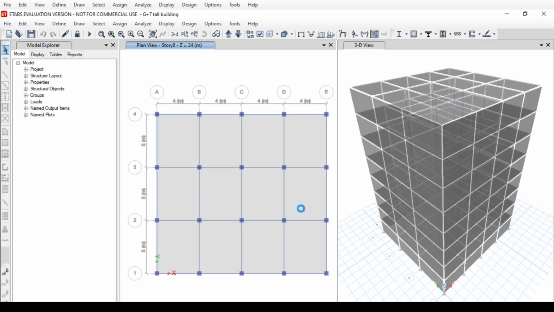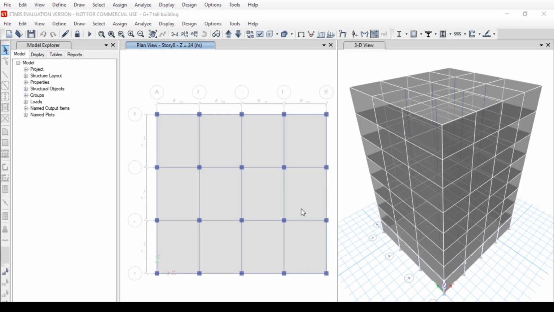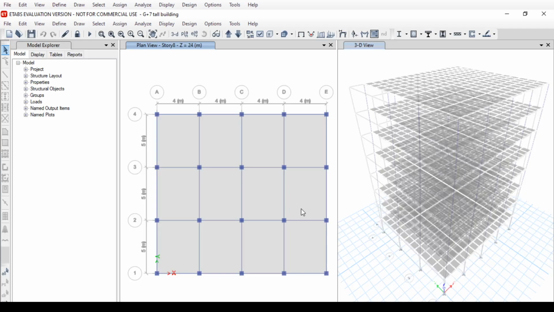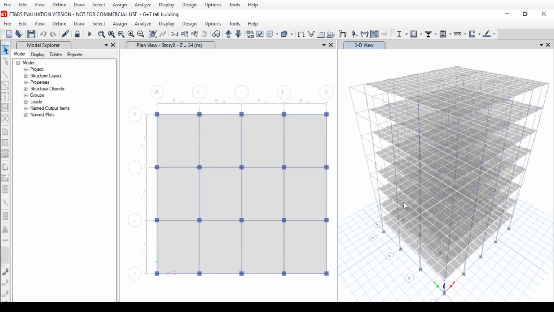After the analysis has been done, the result is displayed in 3D view in terms of displacement. This is the displacement diagram, you can see in 3D view.